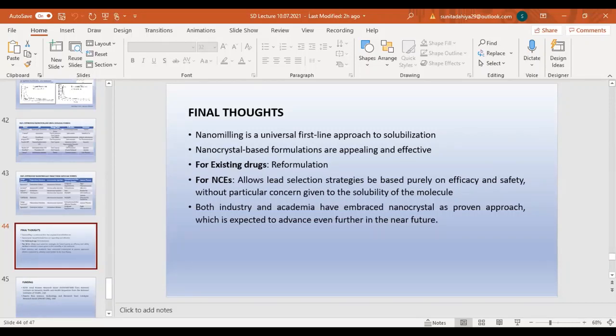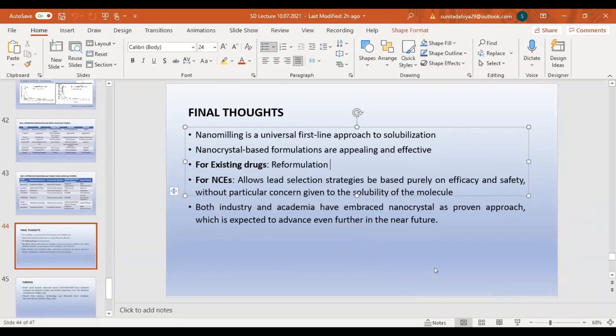And that's why many pharmaceutical companies have used this approach for existing drug reformulation. You know that when some drug's patent is going to expire, in that case, what do the companies do? Because some products are very good revenue generators for a company, right? So before its patent expiration, they try its reformulation and they again extend its patent period. Because when you use nanocrystals, its pharmacokinetics will be quite different compared to the original.